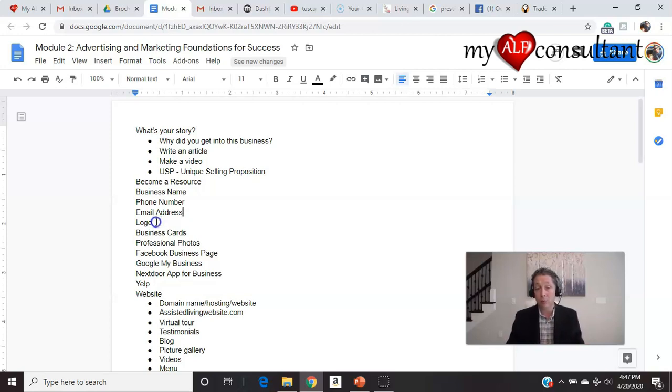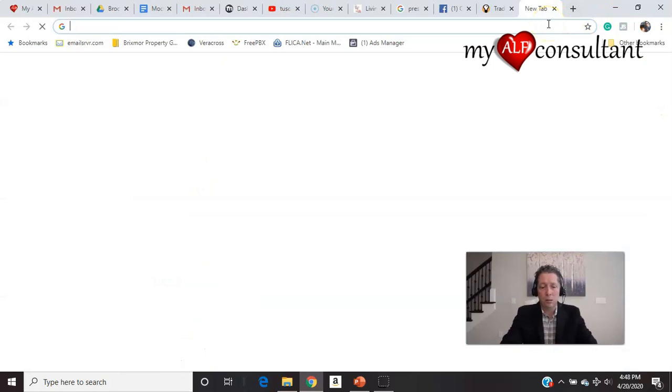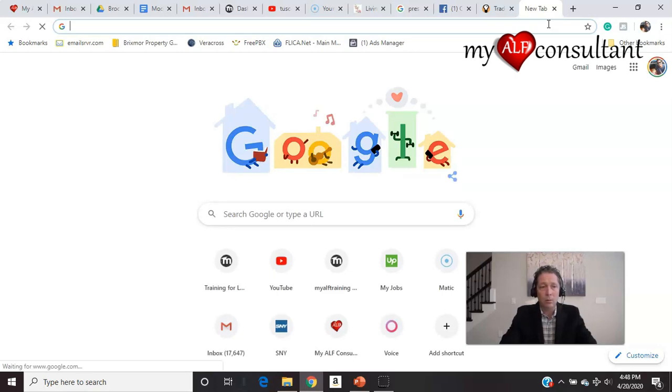They have a lot of preformed templates, which make it easy. Now, the one thing I would say is a lot of people skimp on photos. Get yourself some professional photos. Now, if you do a Google search by real estate photography, so I'm just going to do like Orlando.